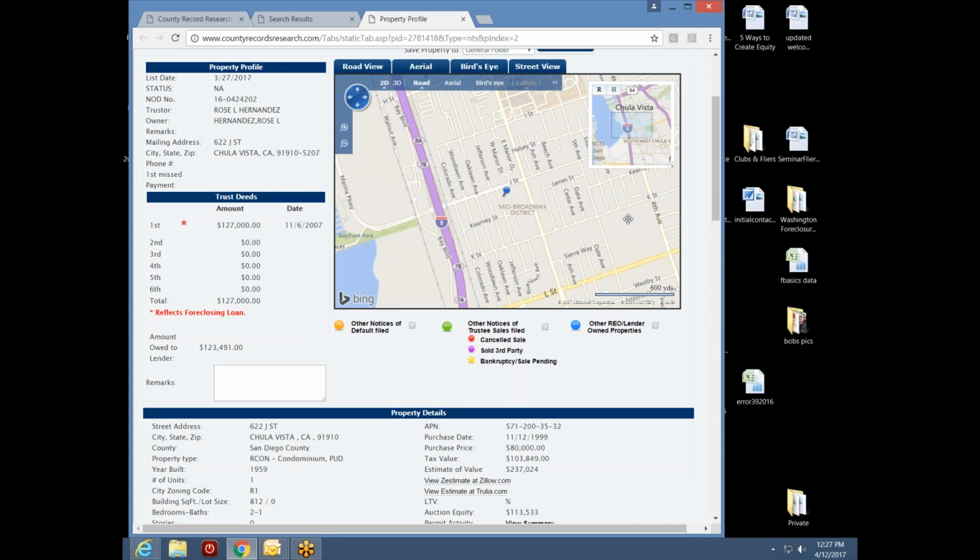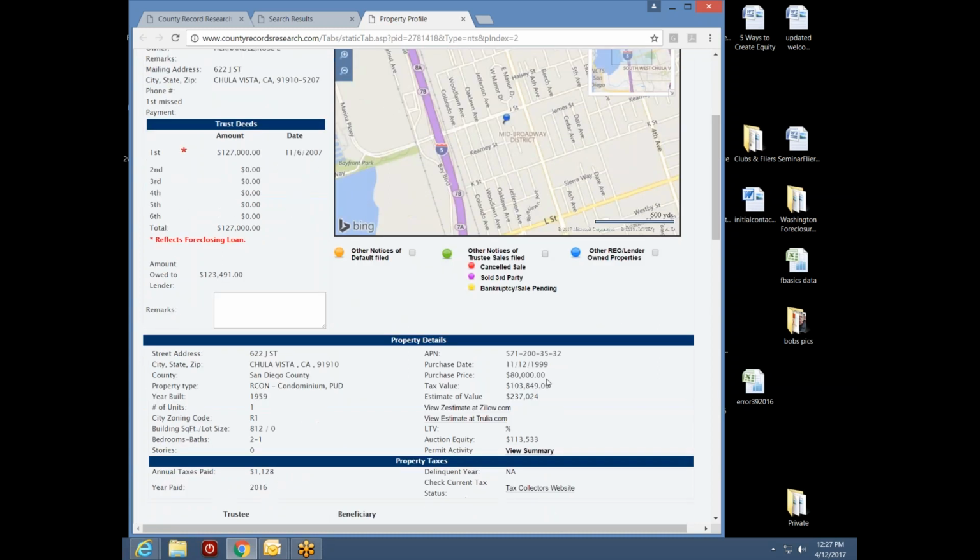This appears to be a refinance loan because it looks like Rose bought the property in November of 1999. So in November of 1999, she bought her condo for $80,000. Okay, in 2007, also in November, she paid off whatever remained of that loan and borrowed $127,000. So our system is picking up the $127,000 as her current first.